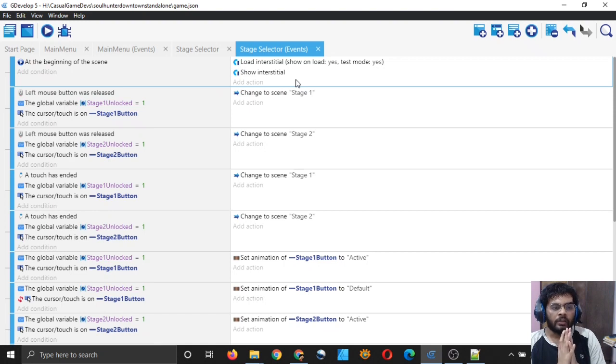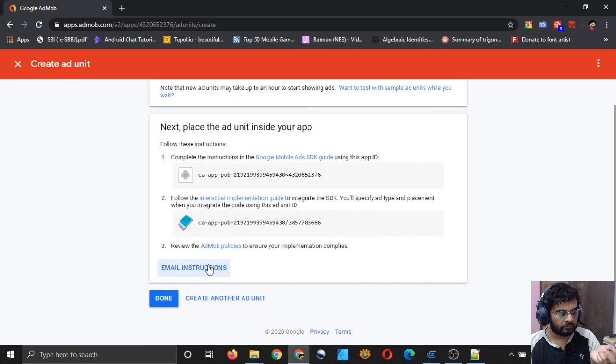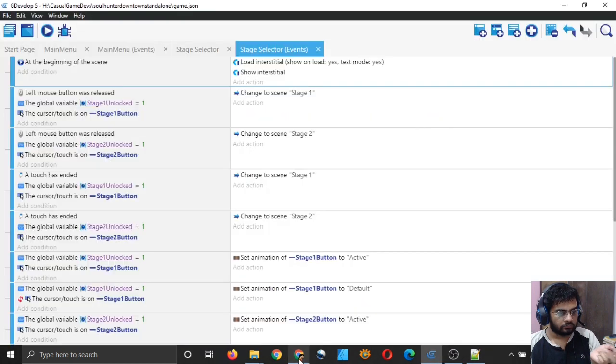You can also create a separate scene just for displaying an interstitial ad, but that's not a very good thing to do, I believe, because you don't know just how long an interstitial ad is going to be. Or maybe I think interstitial ads are simply images, but whatever.